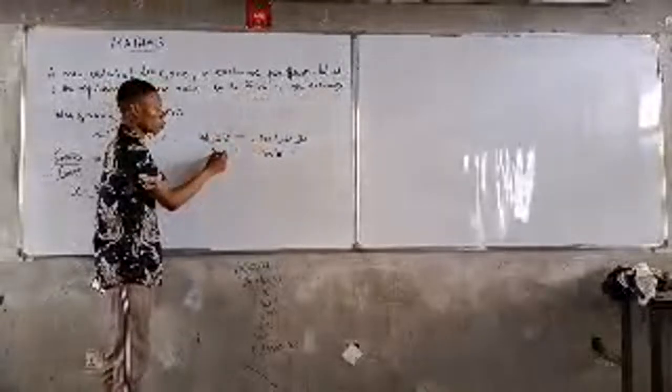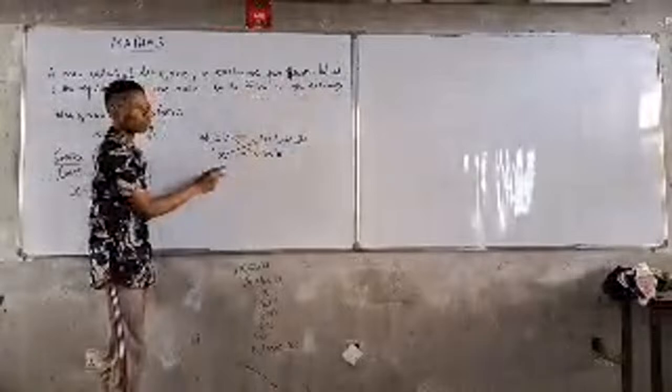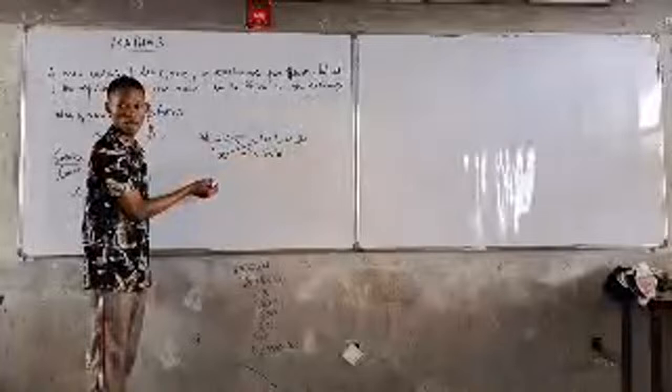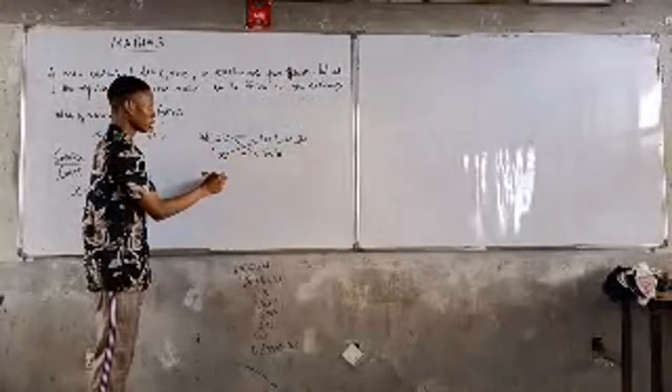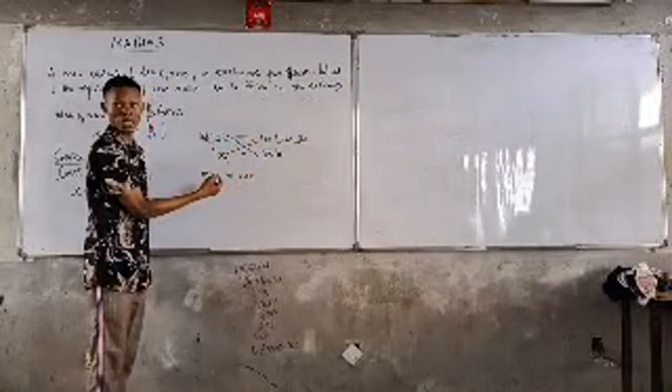Or you just cross multiply, call your x, and you cross multiply. So, if you cross multiply, 100 times 5 will give us 500, right? So, we have 500 equal to 10 times x will be 10x. Divide both sides by what? 10 to get 15 naira. So the same thing here. The question was,